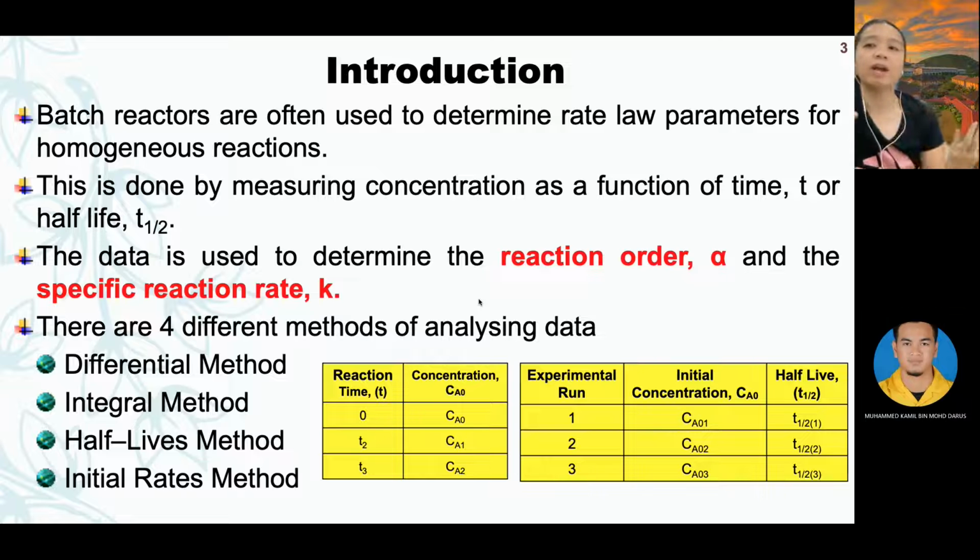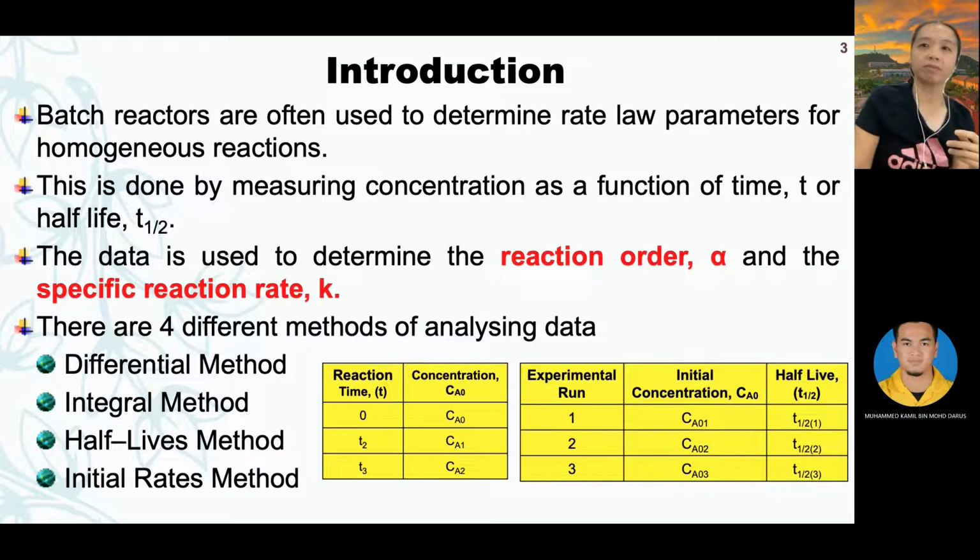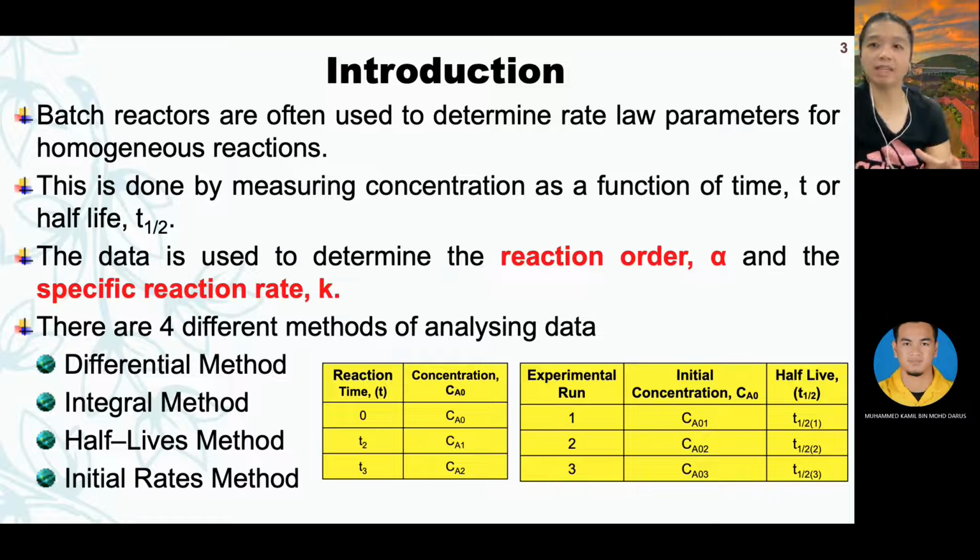Let's say I prepare reactant A, concentration let's say 5 molar. Then I place it in the batch reactor, and let's say every 5 minutes I take out my sample and check the concentration. So every 5 minutes I do that, and I will get a series of concentration